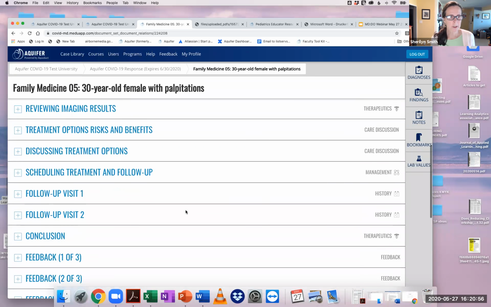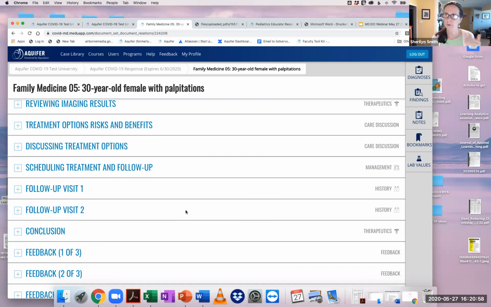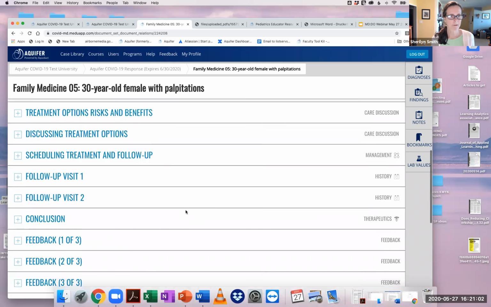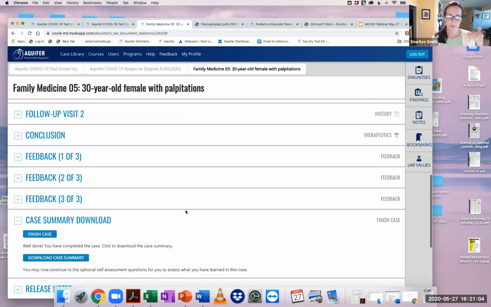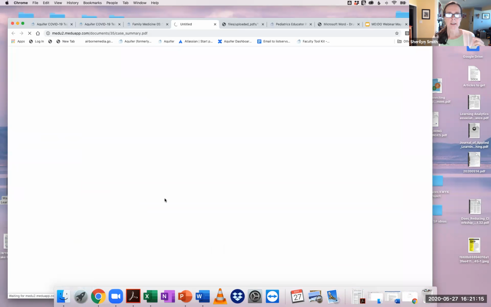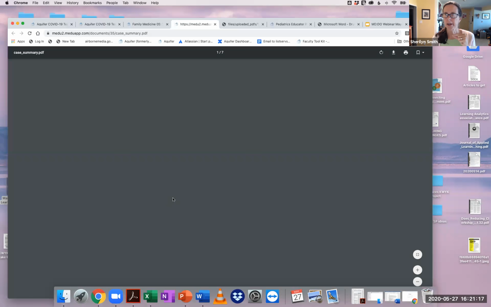Working through the rest of the case, the student continues to go through talking about risks, treatment plans, management, follow-up. They continue through the rest of the case, and then they get down to the final case summary download. And this is one of the things that the students really like, is that at the very end, there's